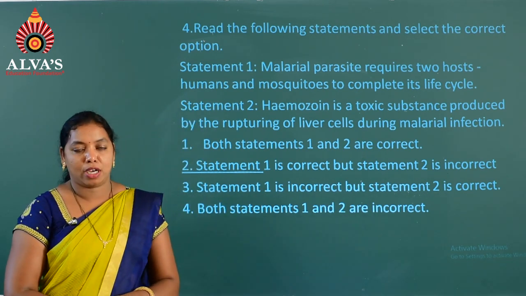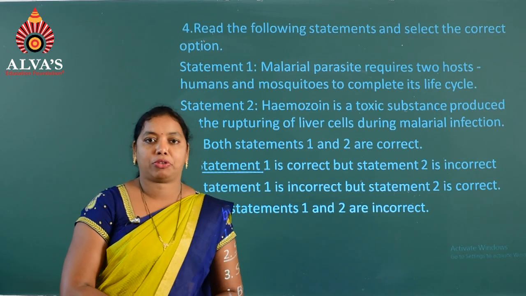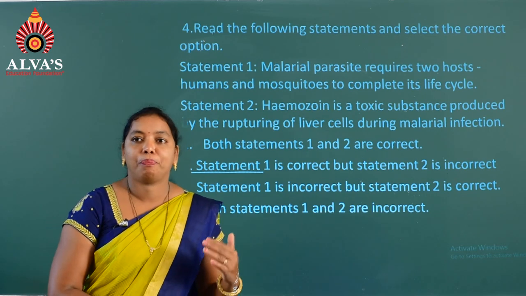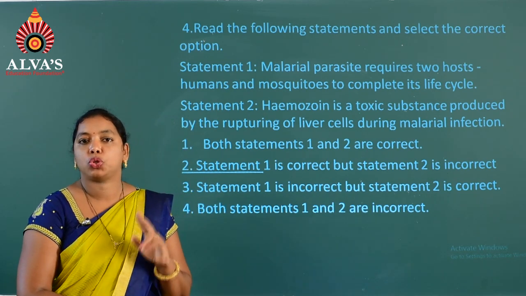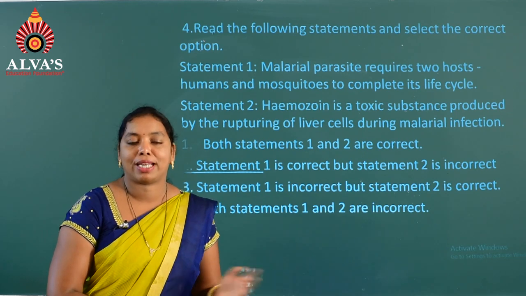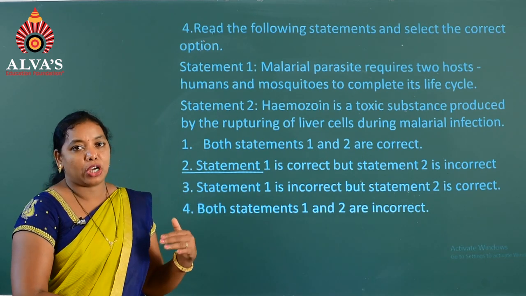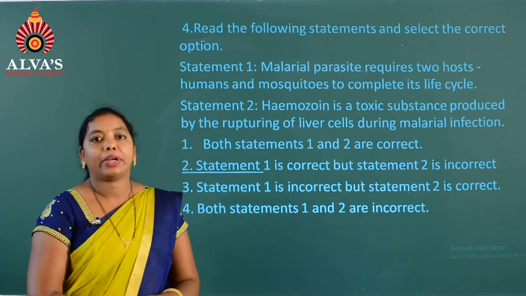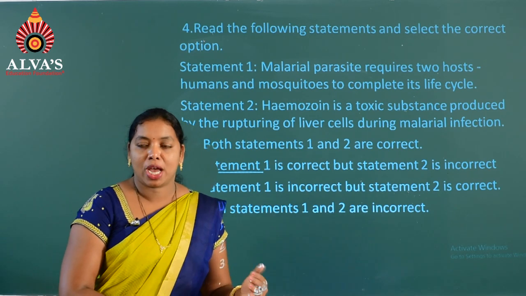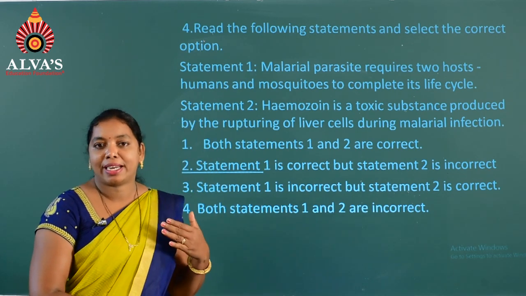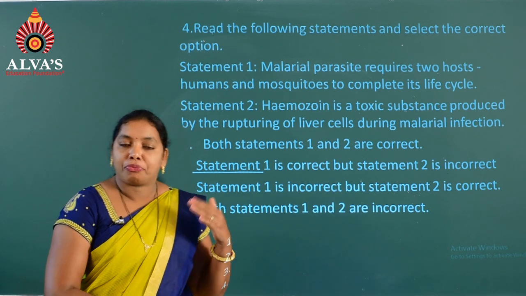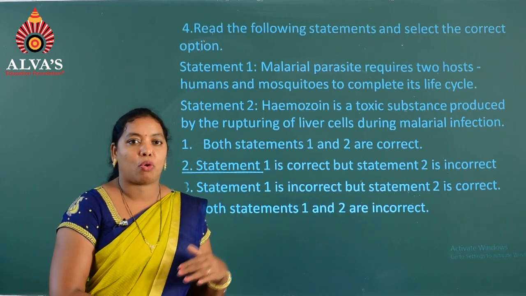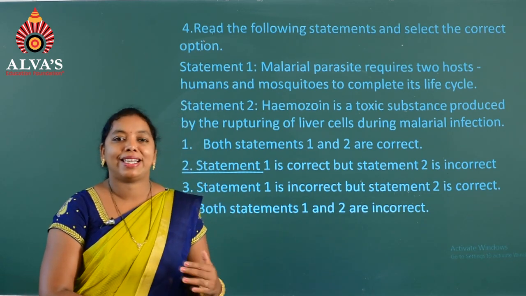Here we can see that whenever this malarial infection spreads to a population, it requires two hosts to complete the life cycle, that is human as well as mosquito. Whenever the infection spreads to the host body, it infects the liver cells, and after rupturing the liver cell, it attacks the RBC. After rupturing the RBC, it releases a chemical called Haemozoin, which causes chills as well as